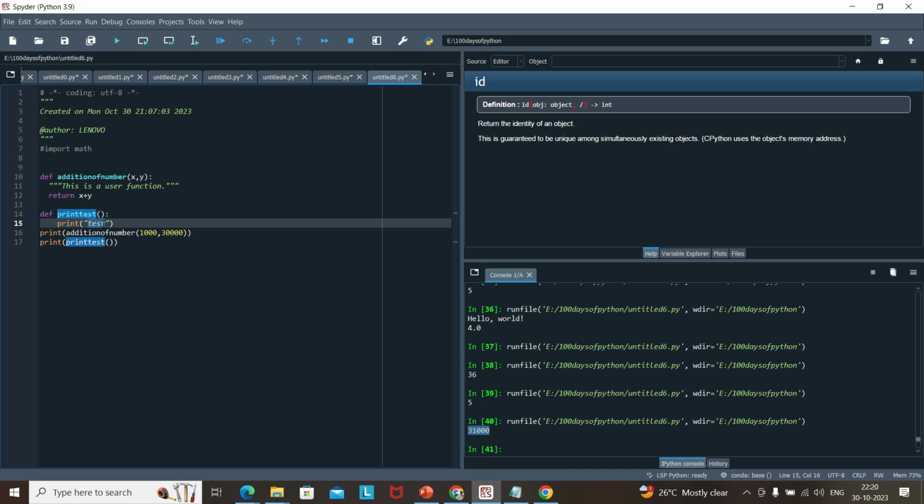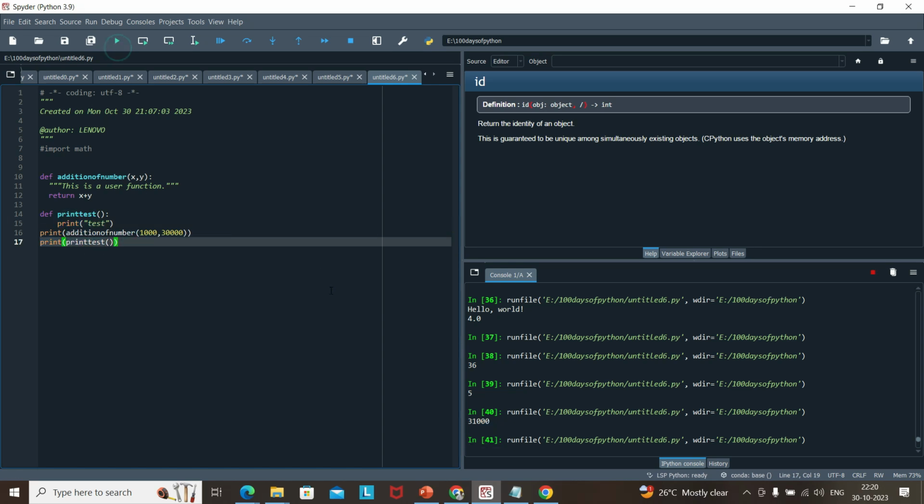What I'm doing is giving a print statement inside that, and I'm calling that function object. So again, when I run this,